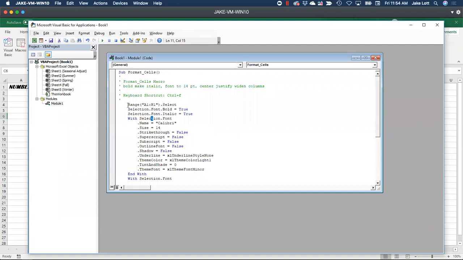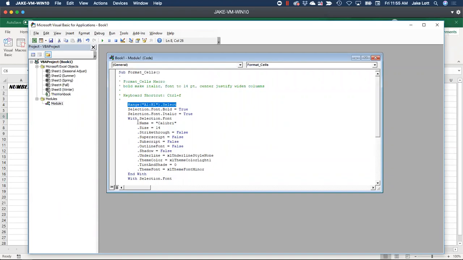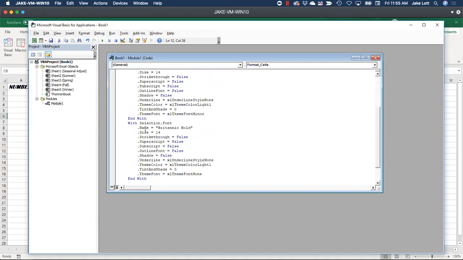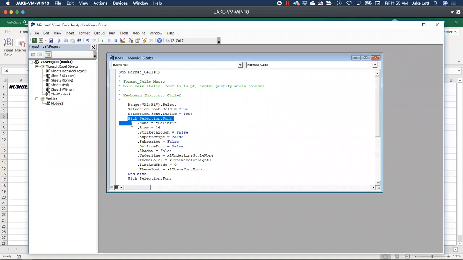So it selected that whole row there. And then it started doing a bunch of stuff. Now, I didn't care about some of this stuff, and this is where you've got to use caution, because this is remembering the old font and then changing it there. So what you're going to see is that we've got two different sections here. I'm just going to go ahead and take out this first section.